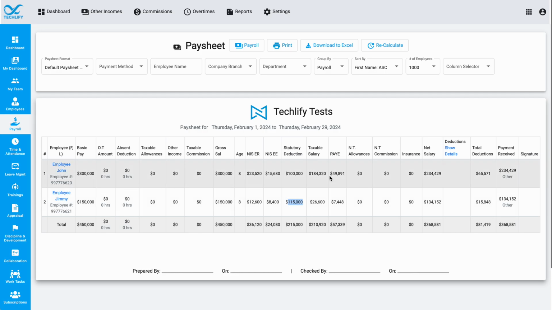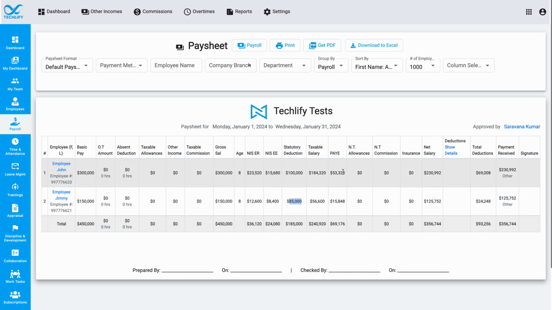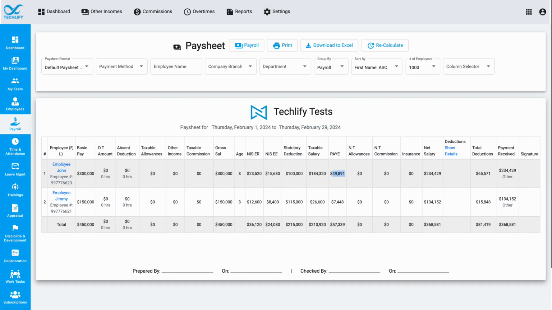In the case with John, if you had run his calculations, he should be paying a bit over $51,000 in taxes. So he gets a $2,000 or thereabout reduction from 2023. However, you notice this is reduced by almost $4,000, and that's because the extra taxes that he paid in January gets deducted from his February payroll. So these values rather are automatically rolled over to these employees, and that is how our new statutory deduction yearly aggregation feature